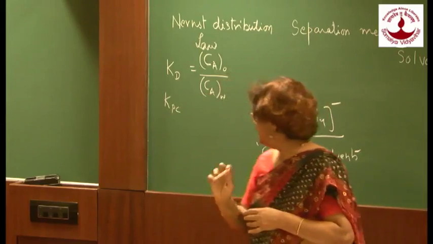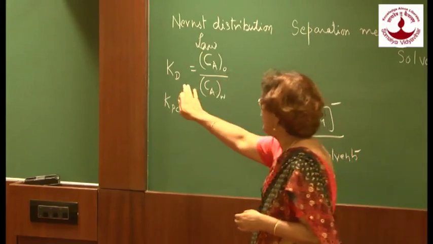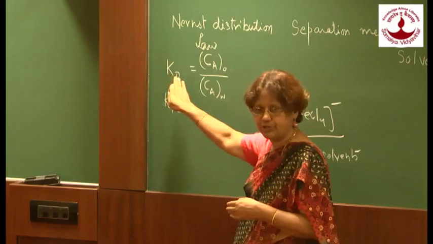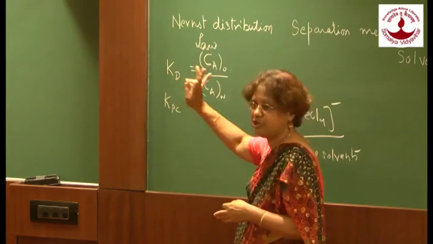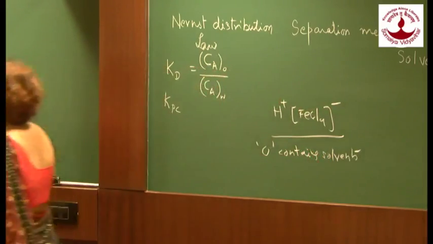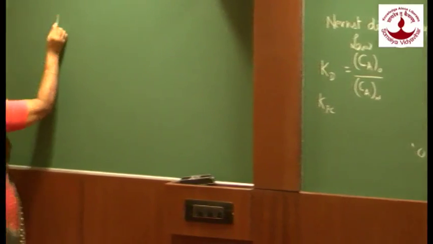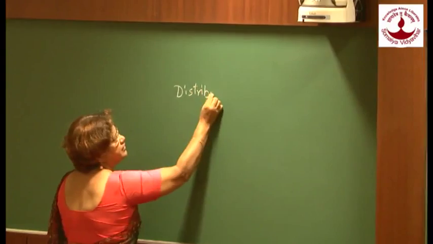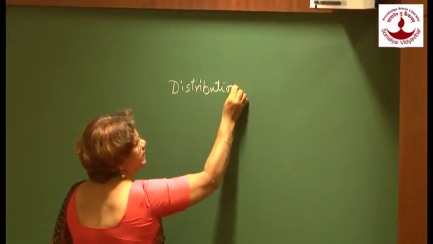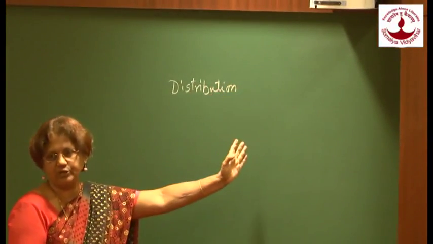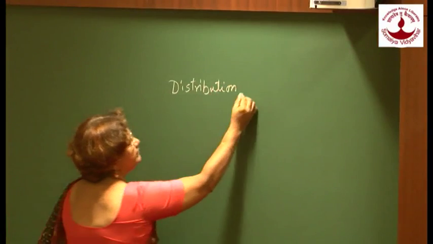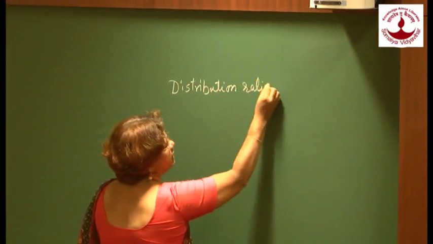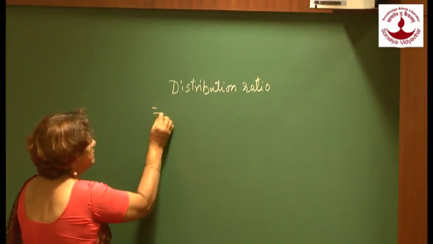So, therefore, we modify this Nernst distribution law, we make it distribution ratio. Instead of calling it partition coefficient or distribution coefficient, we will now call it distribution ratio,